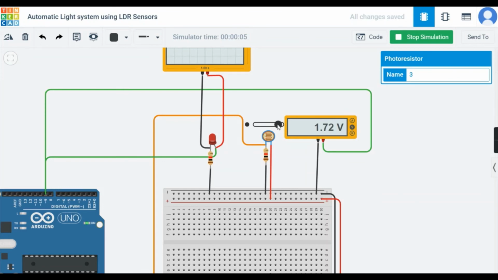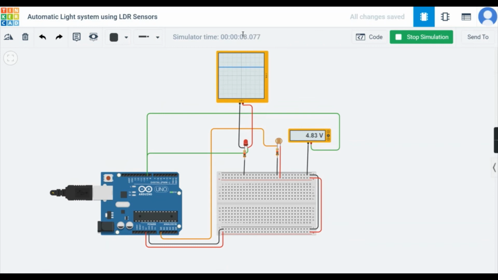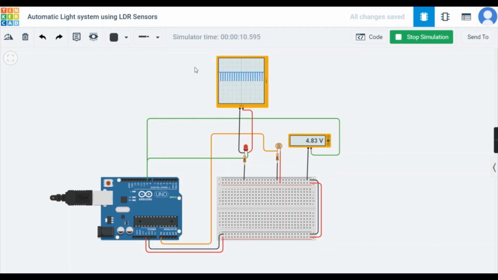And as the intensity of the ambient light decreases, the LED starts glowing with a higher voltage. This has been done on purpose to ensure that as the light gets dimmer and dimmer, the LEDs can glow automatically, which would reduce the manual labor. This would be an excellent system in automatic street light generation and also in some home appliances. So we can see that the circuit is running smoothly.